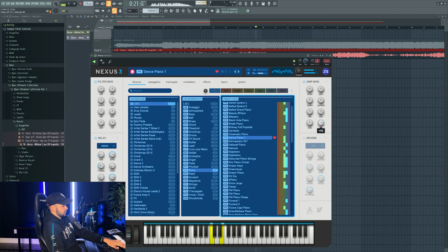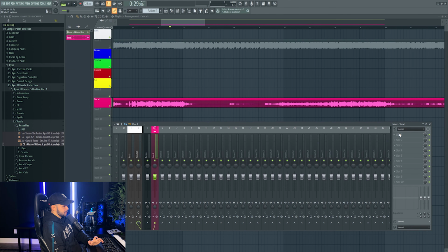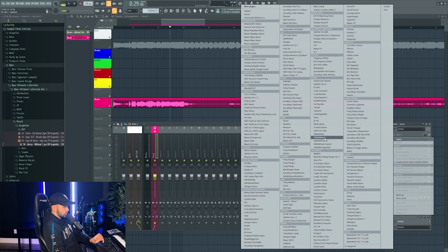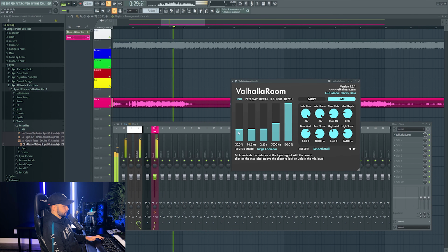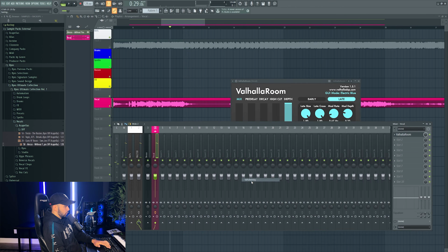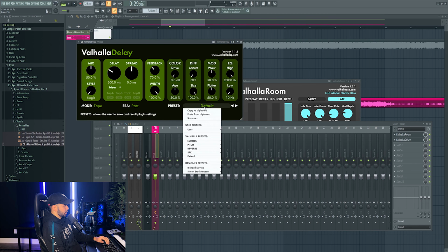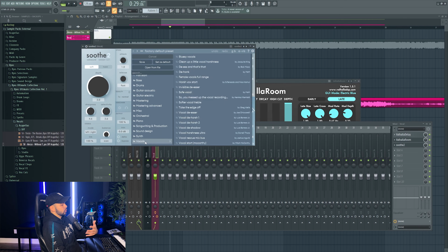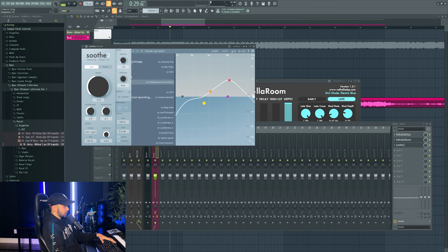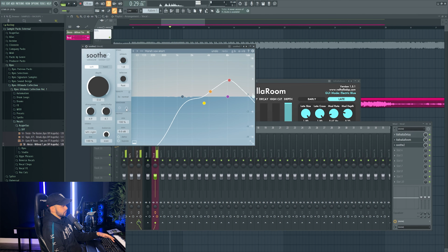I like this one. Before we create this melody, I do want to add some reverb and delay to the vocal quick, just for myself so I can get a better sense of what the whole idea is going to sound like. Let's do Smooth Hall. And then we'll go for a very simple delay here. I'm also going to throw on Soothe real quick because his vocal was extracted with RX 8 from the original track. It's got some weird artifacts in it, so maybe we'll just do Harsh Vox start. Helps a little bit, I guess, sure.